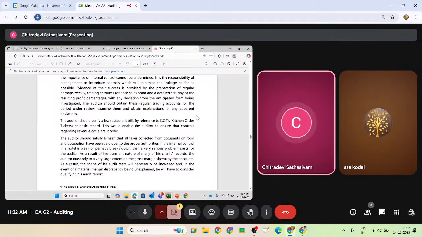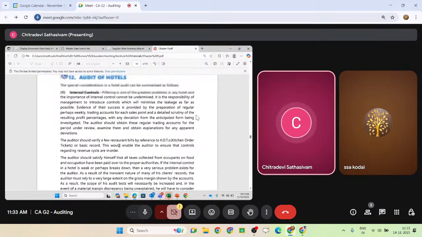These are the major revenues for the hotels. Of course, hotels also have some investments, rentals. Swimming pool revenue: outside guests will come in, for hotel guests it is free, so they will have a revenue. And the spas, the haircut salons, will be there inside. All these things will be part of the revenues.